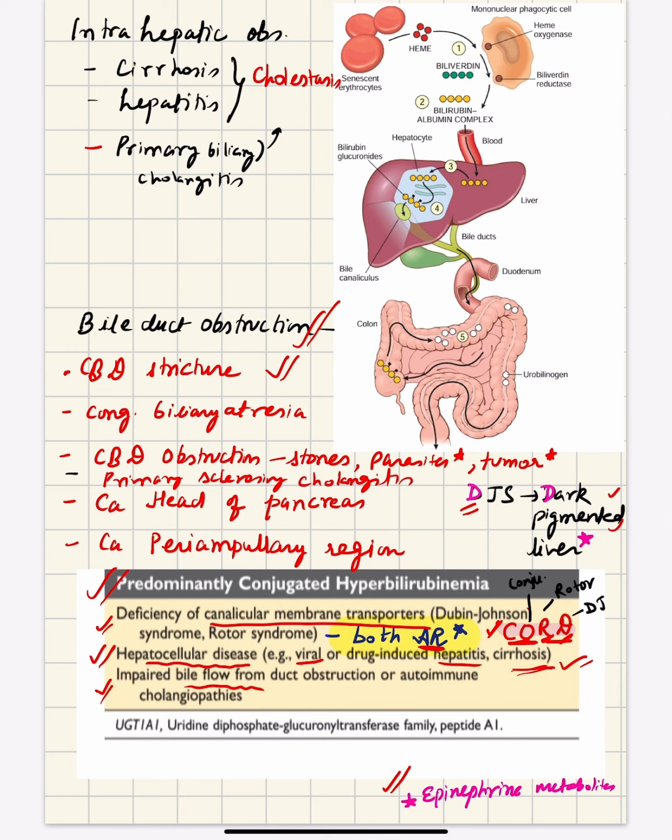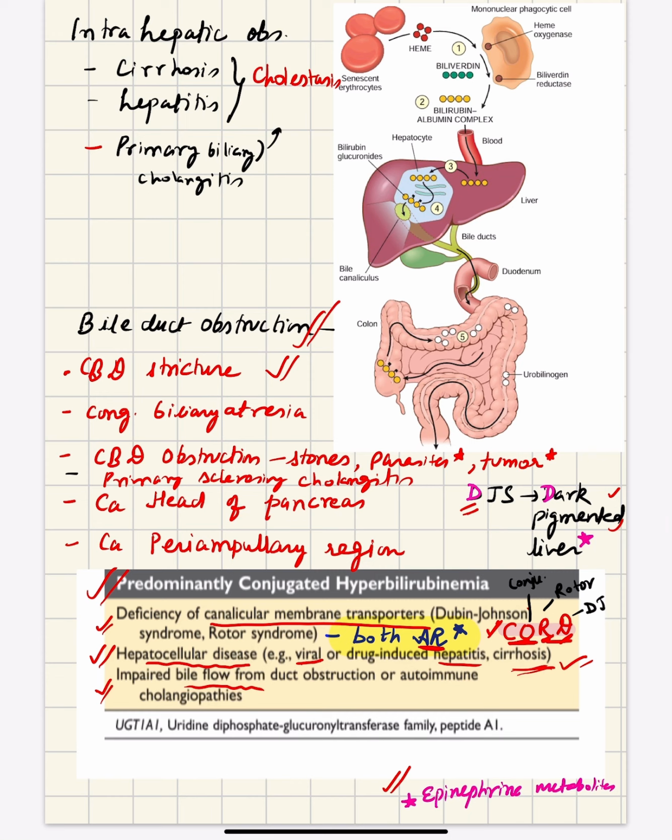Now, sometimes there can be intrahepatic obstruction also seen in certain diseases. That will again also cause the stasis of the bile. Like in cirrhosis, when there is excessive fibrosis, it can cause the obstruction in the intrahepatic bile ducts. In hepatitis, the hepatocytes can swell because of the inflammation and again cause the obstruction of the biliary channels. Then a condition like primary biliary cholangitis, again an autoimmune condition, can cause inflammation and fibrosis mostly in the intrahepatic channels. So in this condition also we will see the cholestasis. So these are the conditions within the liver. These are the conditions outside the liver that are causing the cholestasis.